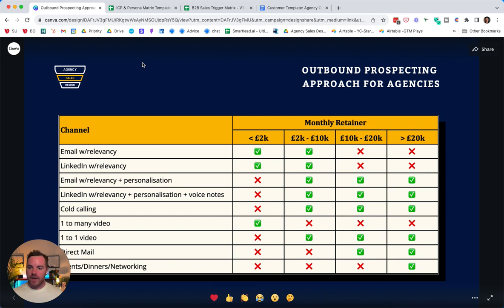So hopefully that's valuable. Just over 10 minutes. Like I said, it's very hard to give a one-size-fits-all answer to this question, but use this as a general rule of thumb to try. And if you're in that 2 to 10k range where a lot of agency owners are, I would start with email with relevancy. And if you're not getting the sort of replies that you're expecting, then you might need to try having a more personalized approach to your outbound prospecting.